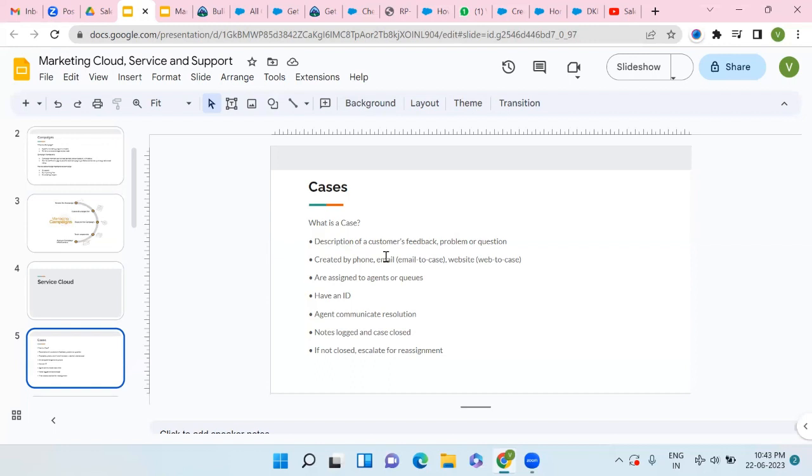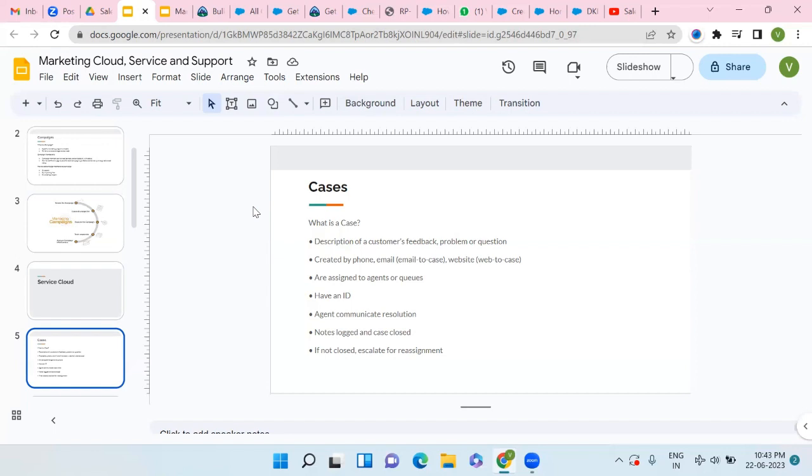And next thing, if we have logged a case in Salesforce, cases have some inbuilt IDs available, and cases also allow us to communicate with our customer. As I showed, we can log a call, we can send an email, we can create a custom event in the leads. The same thing occurs in the case also. We can log a call, we can create an event, we can chat with our customer so that if we want any more description, like which brake or which tire they have,